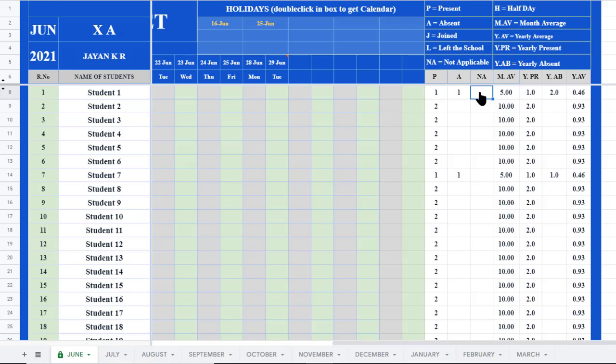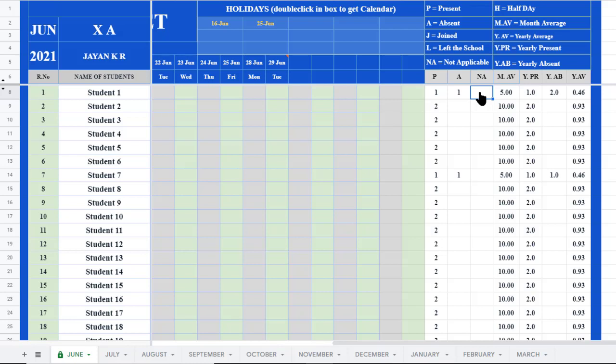We cannot mark absent, and we cannot mark present also, because they are not coming to school. At that time you add NA. When you add NA, their total present and their absent will not be counted to take their average.